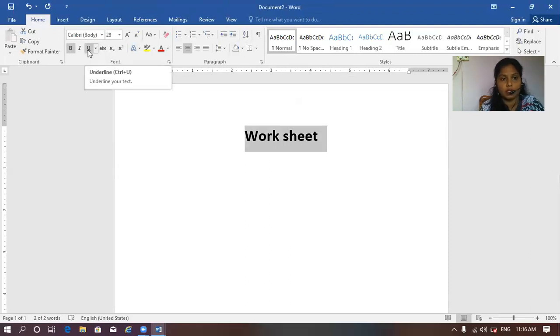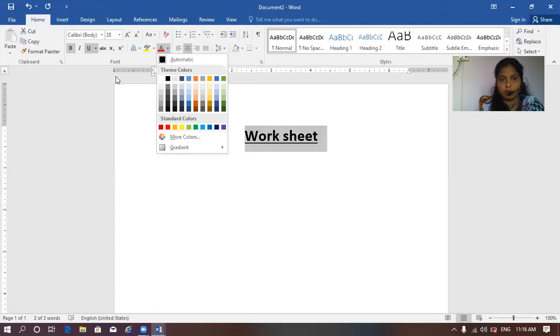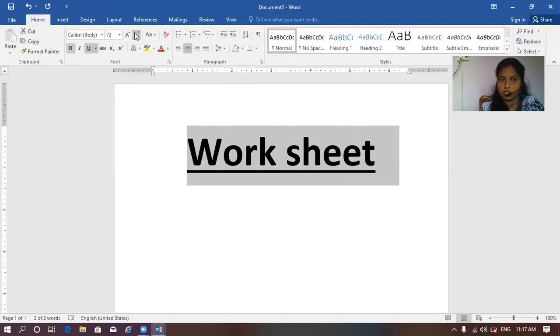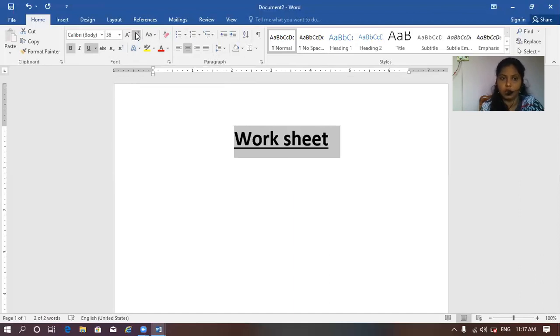And I need underline, so I made all these things. And this is the font color. You can change the font color also as you like, but I think there is no need. Why? Because we are giving only black and white, so this is enough for us. To increase your font, instead of selecting numbers, you can directly increase your font size. If not, you can decrease your font size also, as you wish.